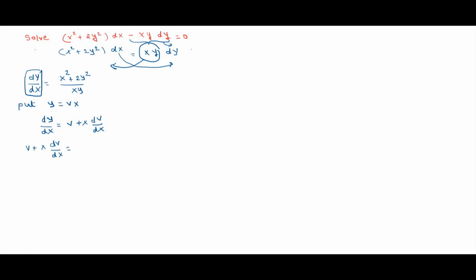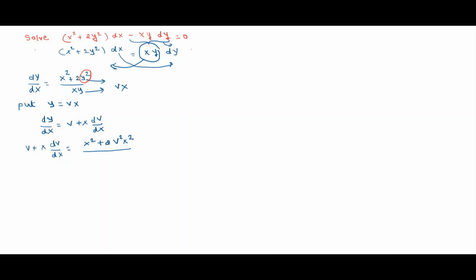Now substitute the value of y, which is vx. The first x square as it is, plus 2 into y square. If y is equal to vx, then y square is equal to v square x square, divided by